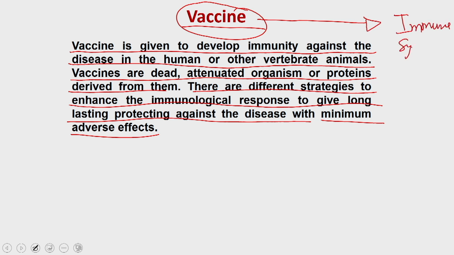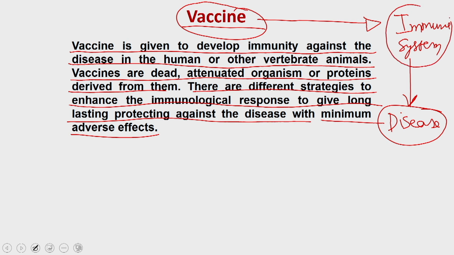So, they are going to train your immune system so that it works against the particular disease. Right now the disease-causing agent may not be present in the host, the human being, but with the help of the vaccine you are training your immune system to combat the infectious disease caused by any kind of agent. Then once this infectious agent comes, it is going to destroy the agent spontaneously.